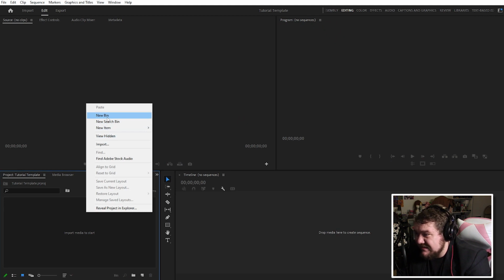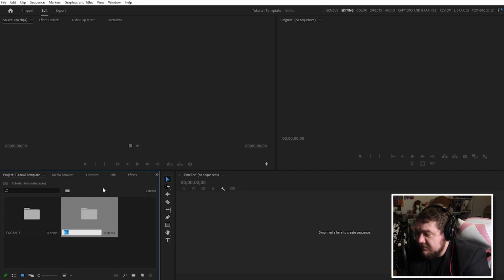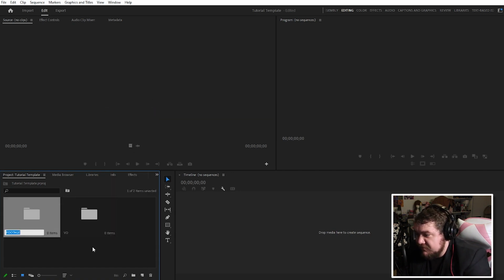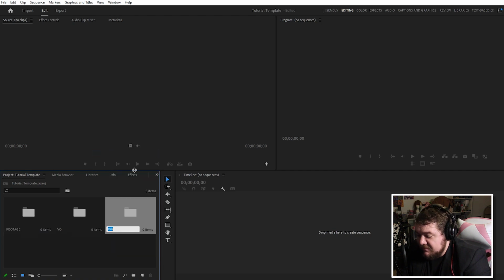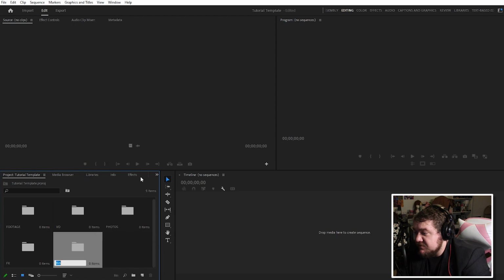So some very easy things we can do. You can right click and just hit New Bin. So this bin is going to be labeled Footage. Another bin that's important to have, right-click New Bin, VoiceOver for the voiceover. Another bin that's going to be helpful later is Photos. Another bin that'll be helpful later is Effects. All right, and we'll stick with those for now. These are all good bins to start out with in the process, though there is one more you can also do, which is